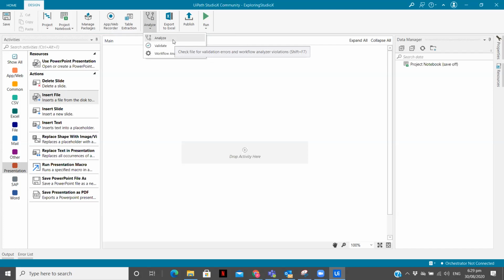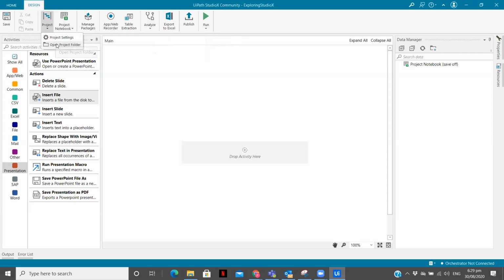This is the best option for the people who are just getting started with this particular technology of UiPath and RPA, or this particular product of UiPath. So you can always use this. Even if you are from the IT field, you should always use this to validate your file or to analyze if there are any errors, because at the end we are humans, we might make mistakes. So this is the use of that.